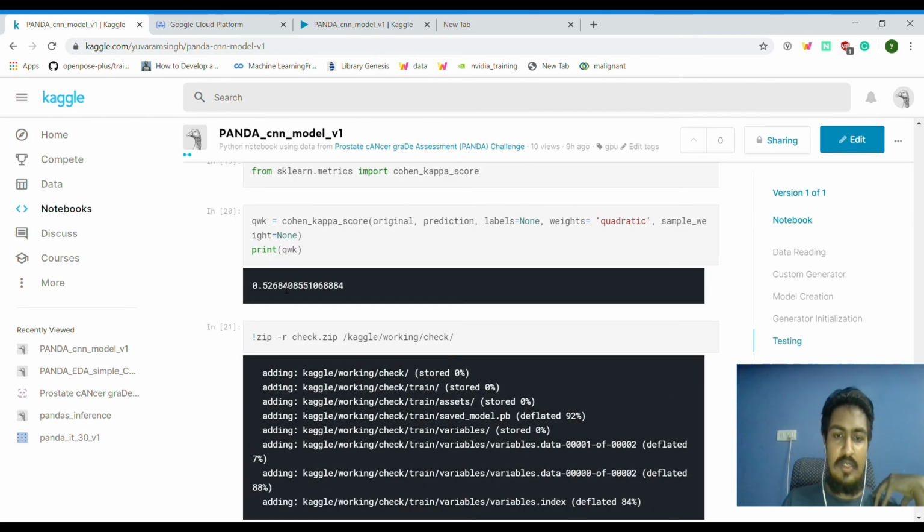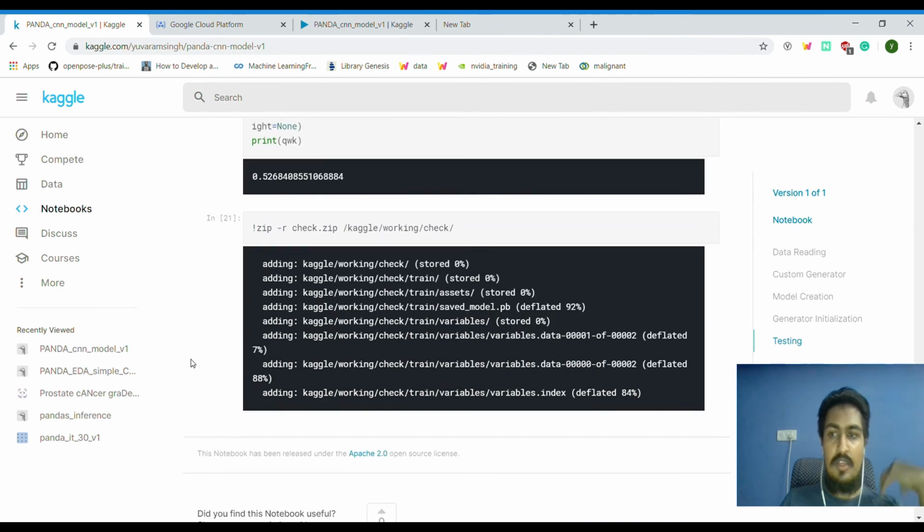Okay, fine. Then I'm just going to save it and zip all the weights. So this is done for the training, and inferencing is what we are going to do to submit our work to the competition, so we could evaluate.